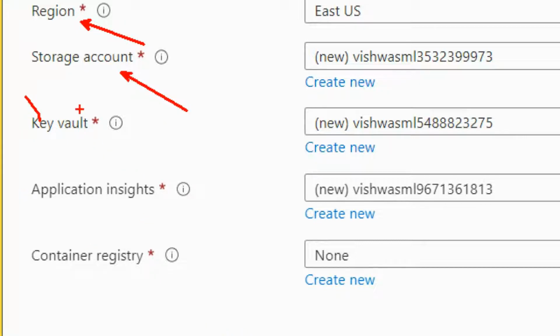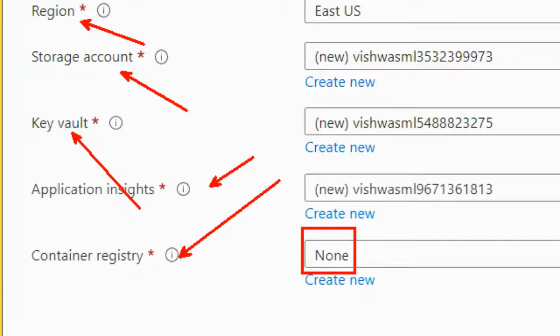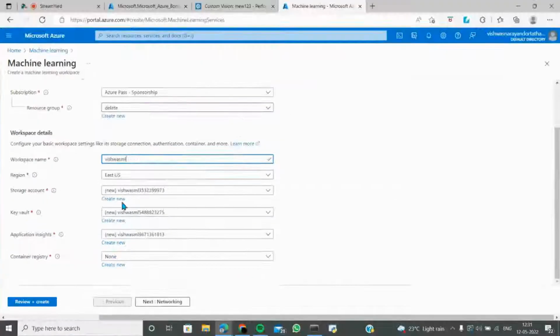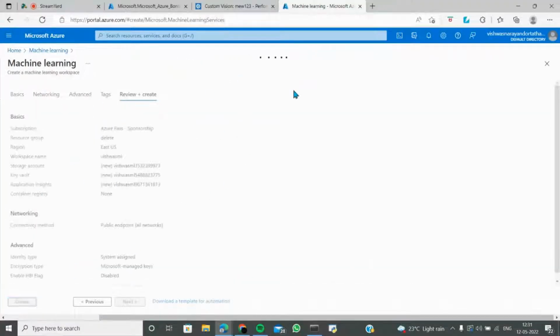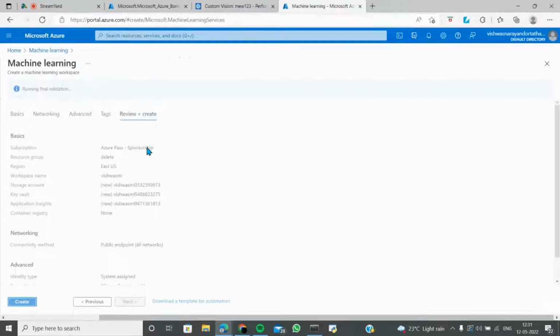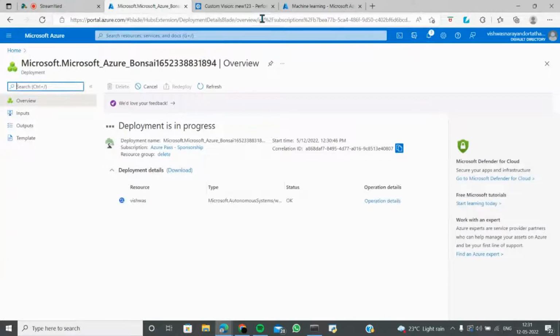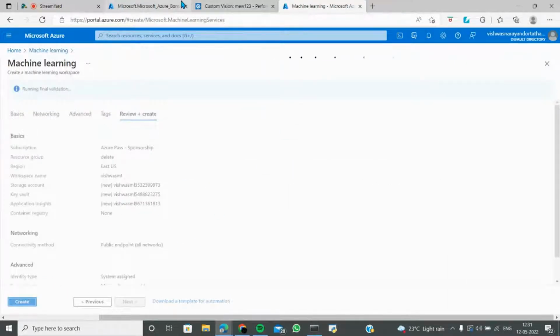Key Vault is something used in managing secrets, along with application insights and container registries. I've not added a container registry yet, but we can add one if we want. Application insight is just going to say how healthy an application is right now. So that's how it is. It's a quick round. There is a lot to learn in machine learning. We'll be going in depth in machine learning tomorrow. This is just a simple attempt, so tomorrow it will be more.